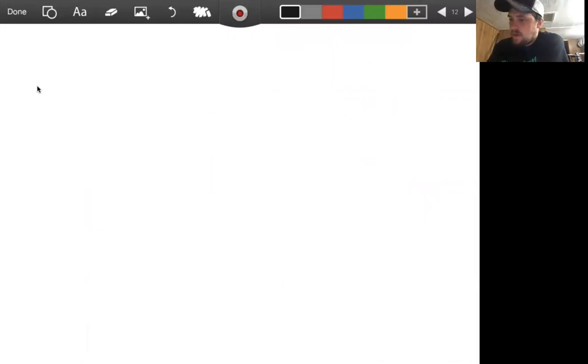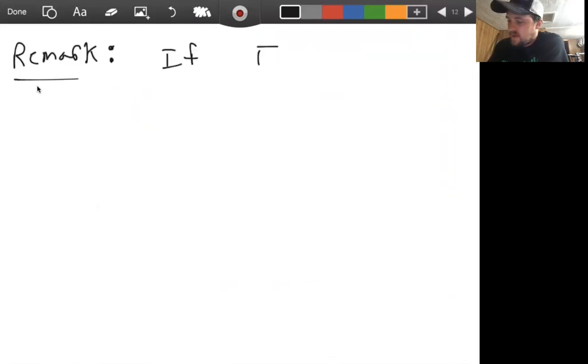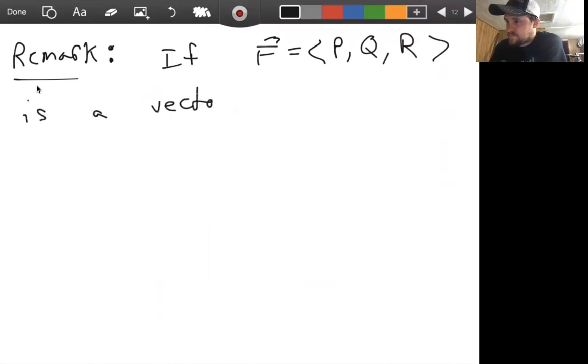And so we can make a remark here, and I'll write this in the 3D case. It's true for the 2D case as we've seen right here. If we have the vector field F equals P, Q, and R, remember these are all functions, is a vector field,